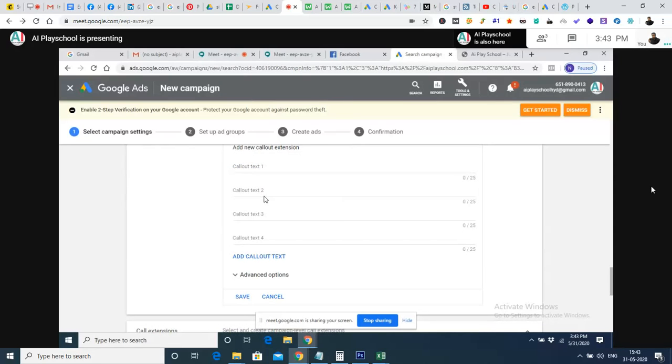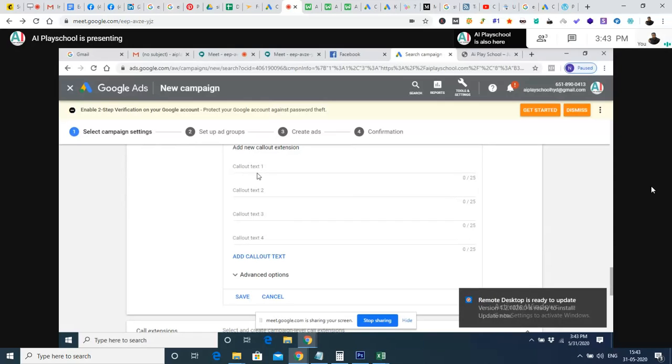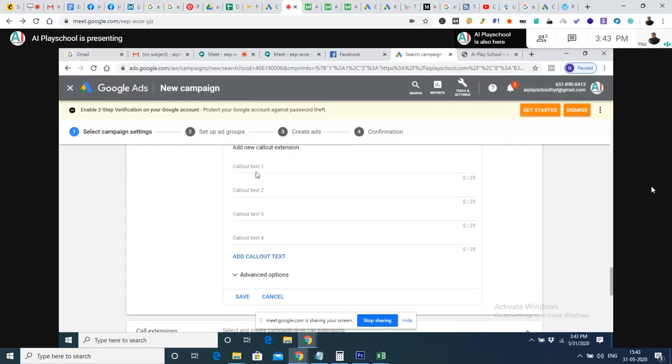So we can give something. Let us give call out text one as kids from 4 to 12. You can type kids from 4 to 12. Yes, and the next, call out text two, can be something like fun and fun.